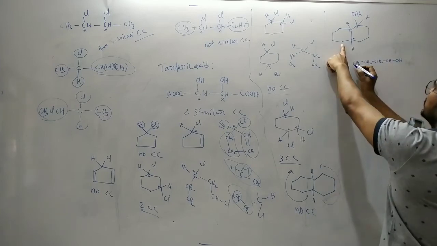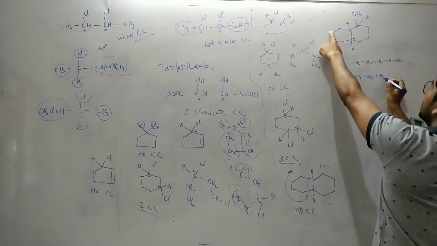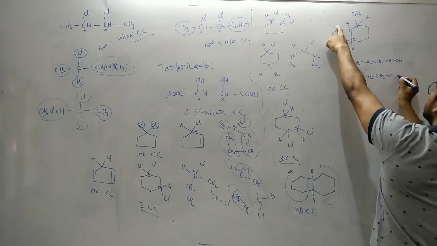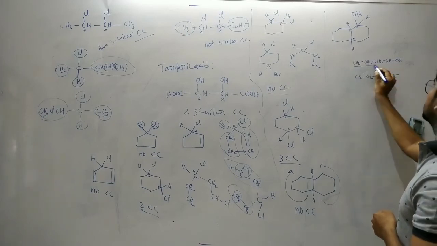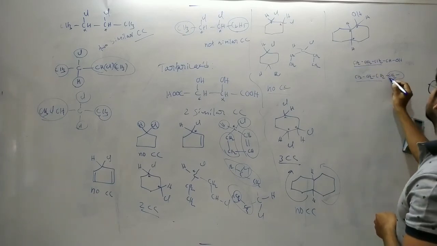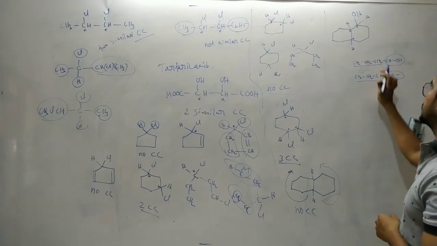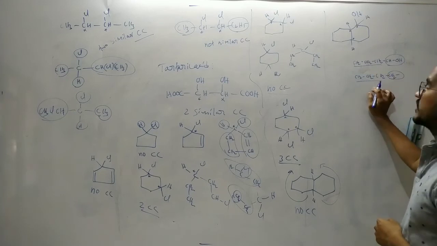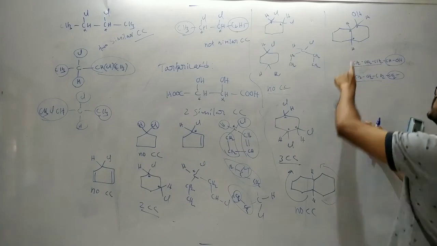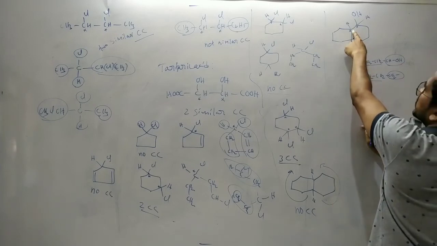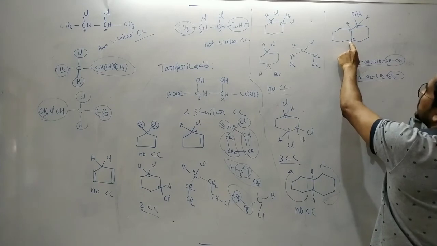Now we consider this one. CH2, next CH2 and then CH2. Here it is a CH2. First of all, these three are the same, but in this case it is a CH2, a CHOH. That means it is different. These two are different. So here it is considered a chiral carbon. This is also a chiral carbon because the hydrogen and this group are different. It is a tertiary carbon.